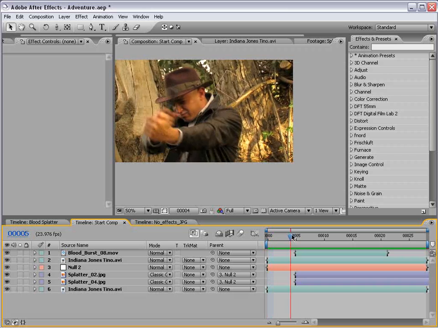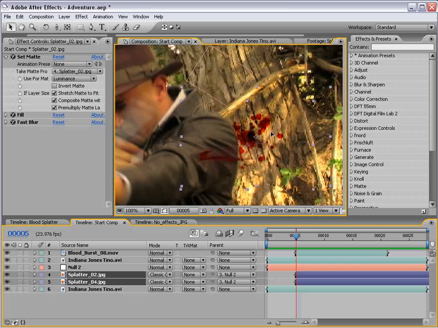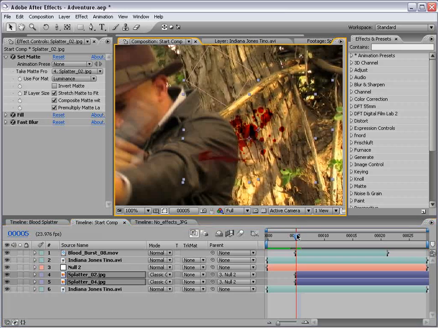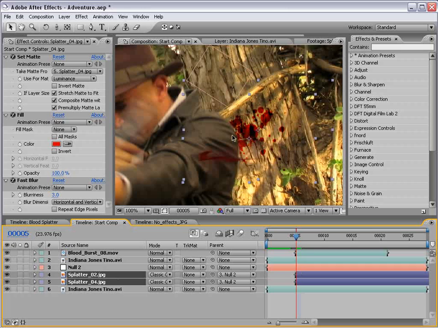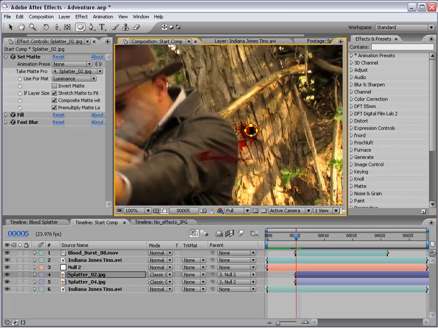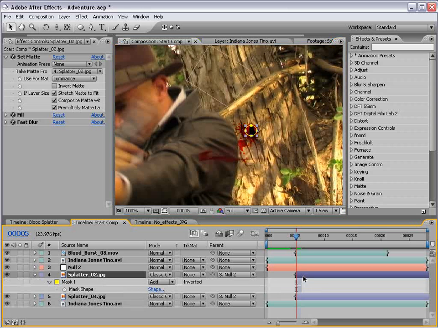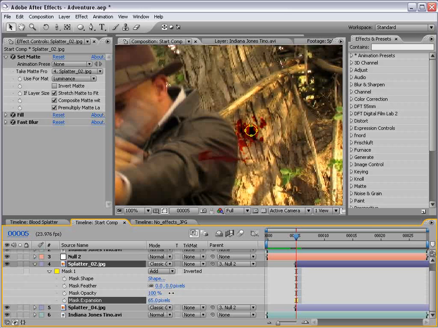Now, another thing to enhance this effect is in the blood. Well, first of all, you can line this blood up now, and because we've set up these masks, you can pretty much move it around to wherever you need. But once it's in place, then what we want to do is animate these blood bursts on. So if we take the first layer, create a circular mask around pretty much the whole, and if you hit MM, bring up the mask properties, and we have the expansion here. So what we can do is animate the mask expansion from 0